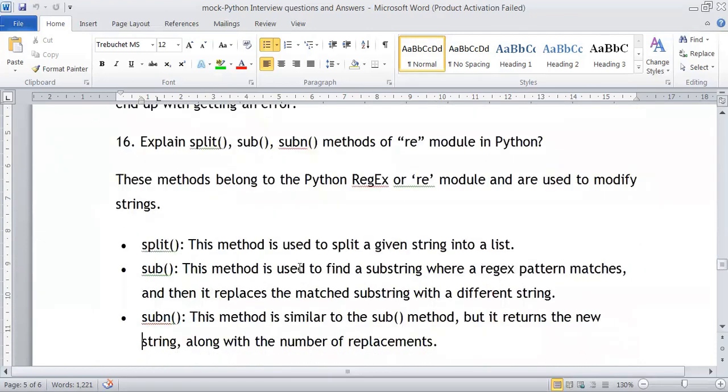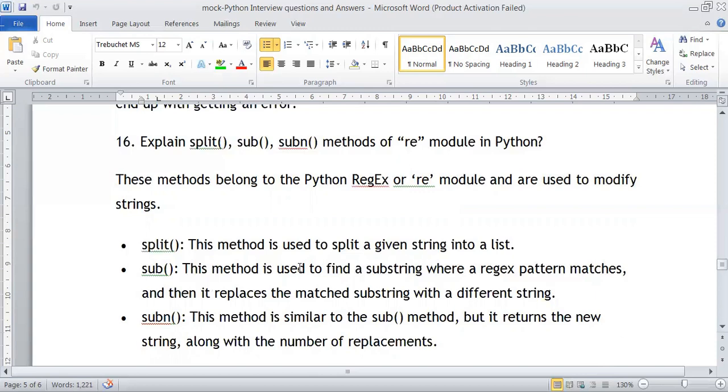Then we also have a module, re. re means regular expression. This helps us to apply more expressions and more functions to strings. Here we have split, sub, and subn. Split we already know. It helps us to convert the string to a list using the space.